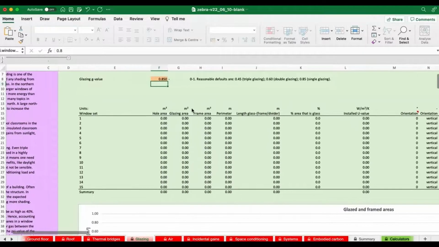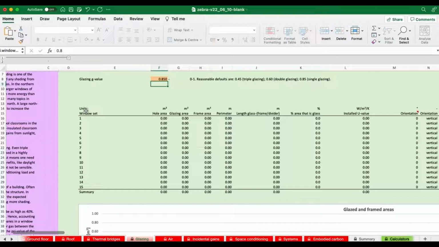First piece of information to get your head around is that we have 15 window sets. Now, a large building can have an awful lot of windows, and it would take a lot of time to specify the details of each window in the building, its dimensions, etc. So we decided to have a shortcut, which is to allow you to specify up to 15 window sets. And a window set is a collection of windows that face in the same direction. But that's the only real connection between them. Okay, they face in the same direction.